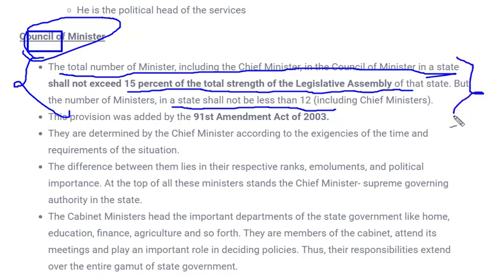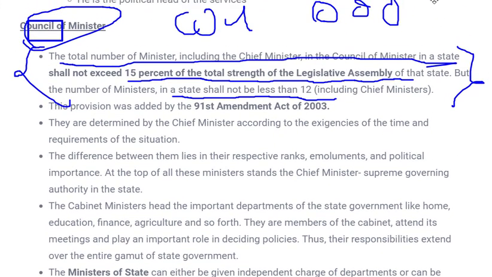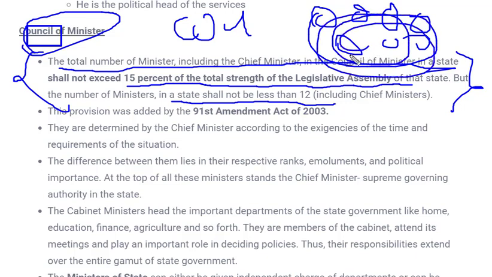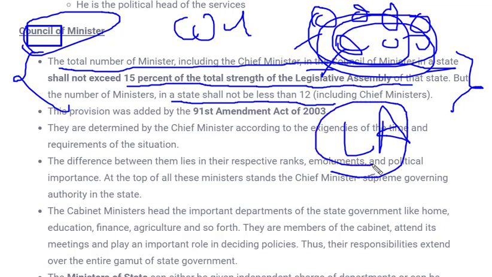Although we'll study this in detail in state legislative, let's see here in brief what it means. What do we understand by council of ministers? Council of ministers means ministers of several portfolios who are responsible for governing or helping chief minister to run the state. From where are these ministers selected? These members are selected from Legislative Assembly. What is Legislative Assembly? The lower house at state level, as it is Lok Sabha at central level.